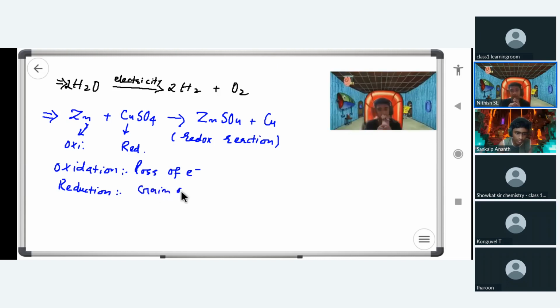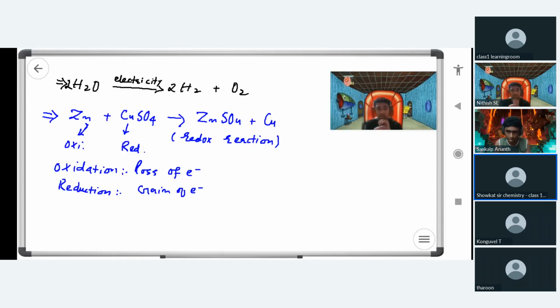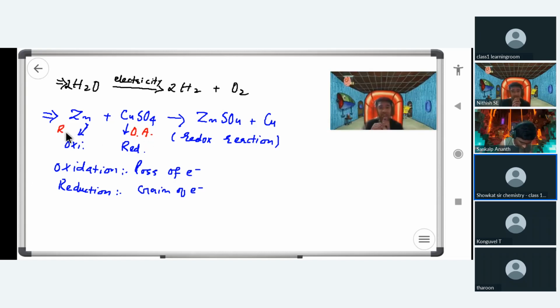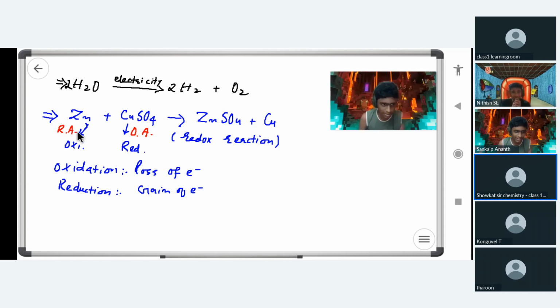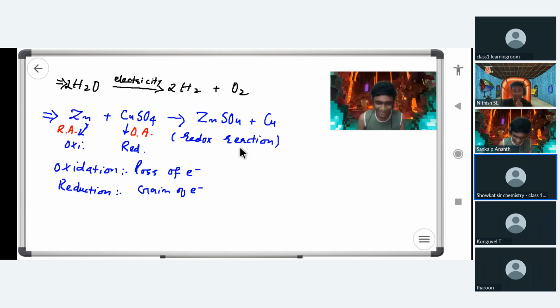Now this copper sulfate undergoes reduction, so it is your oxidizing agent, the reason behind oxidation. And zinc is your reducing agent here, because it helps in the reduction of copper sulfate. So this reaction is used for the production of